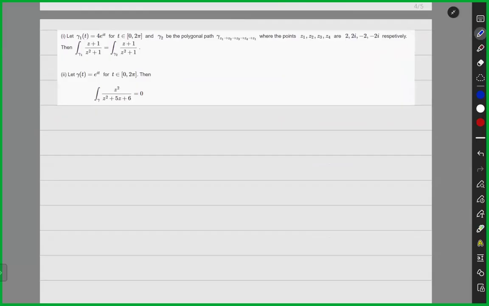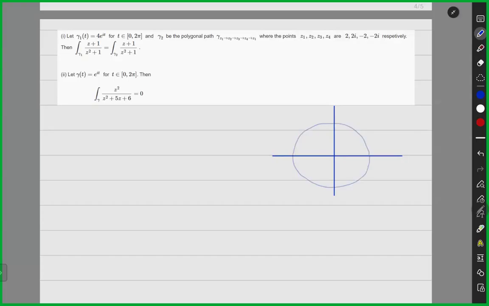The first question is: gamma 1 is a closed curve, which is a circle of radius 4 centered at origin. Let's draw the picture and things will be clear. Of radius 4, we have a circle,